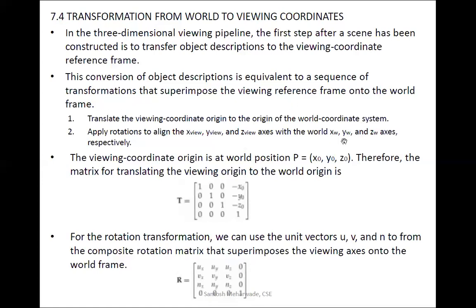The simple idea is this: assume that one ball is in front of you, but that ball's image should come into your eyes, onto your retina. That part we are going to do over here. So that is the conversion.